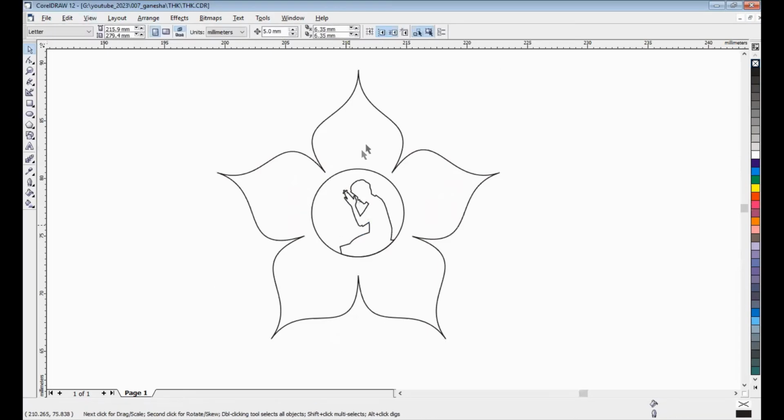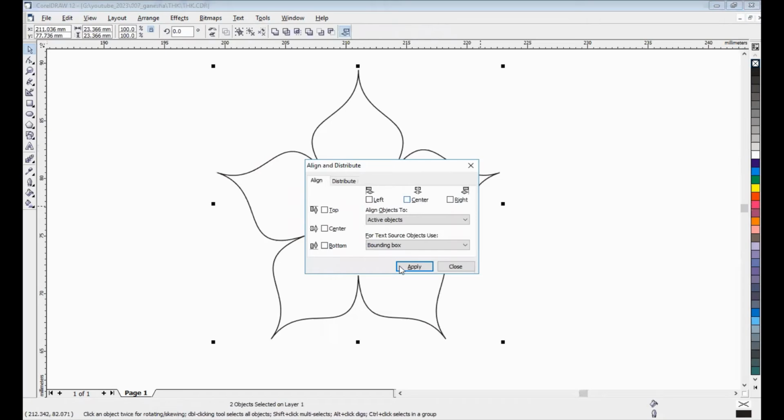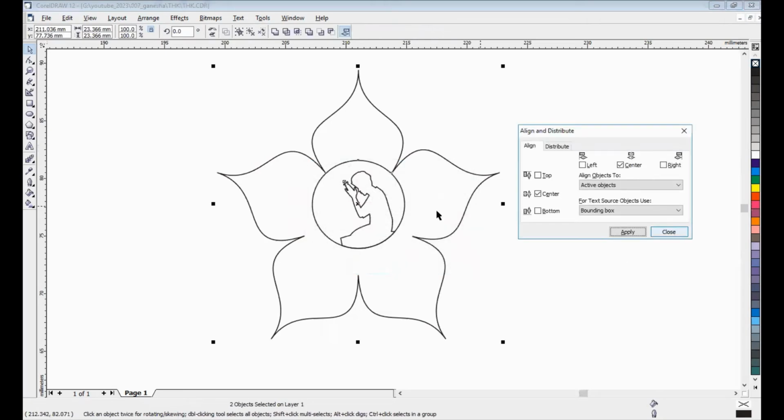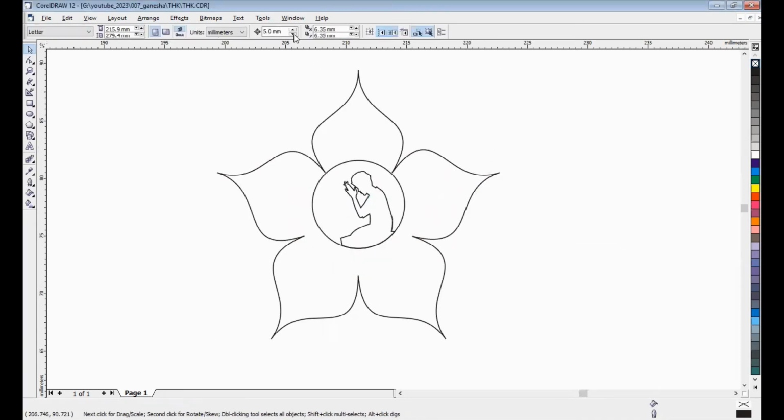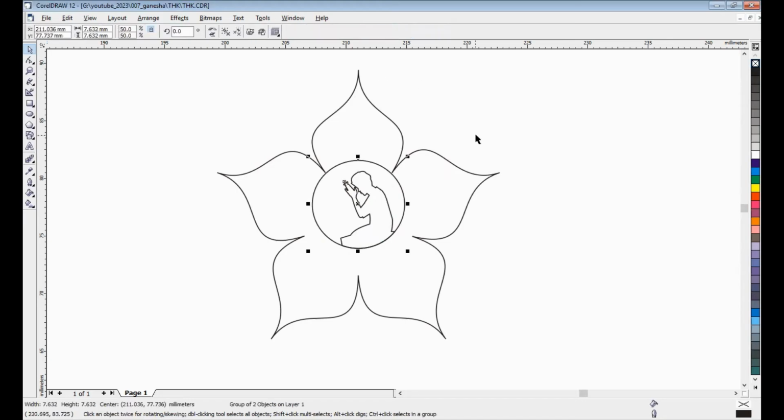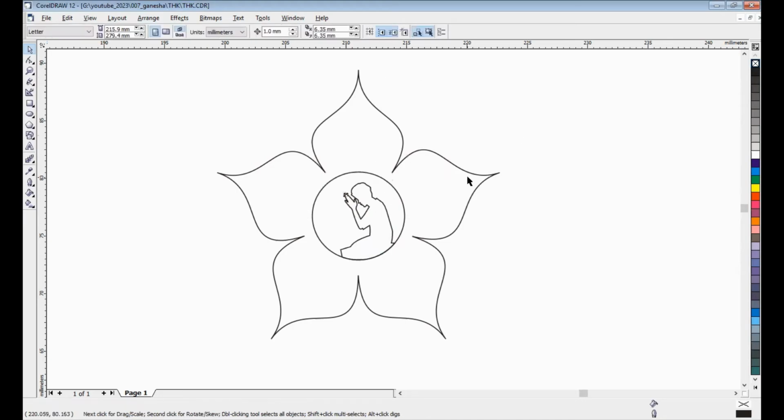Okay, if you want, use align object. Maybe. Oh, sorry. 1 millimeter. Okay, that's it.